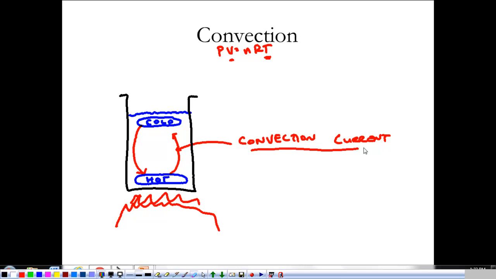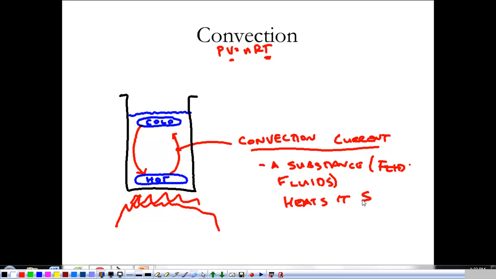The important thing to note about convection is that a substance, and really we only see convection in fluids, that means liquids or gases, fluids, that substance heats itself